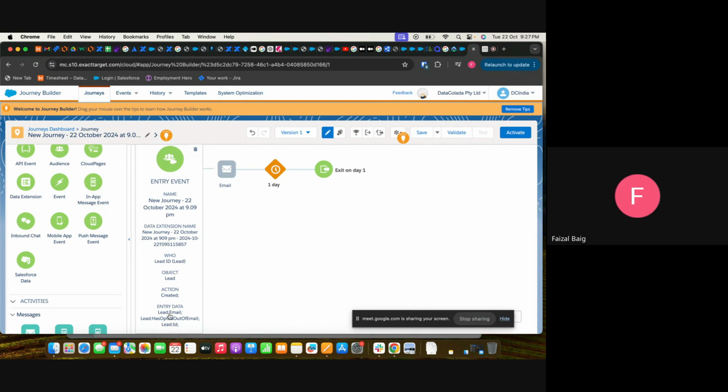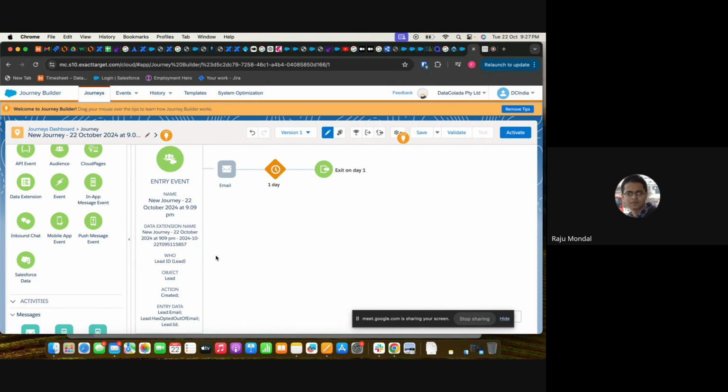We can add the entry data where we can select all the fields which we need, like first name, last name, email ID, and XYZ. We can add all these things, and through this Salesforce data, we can then work accordingly.